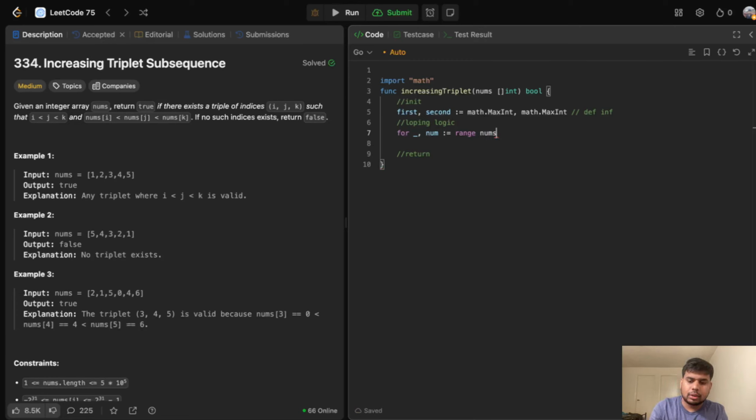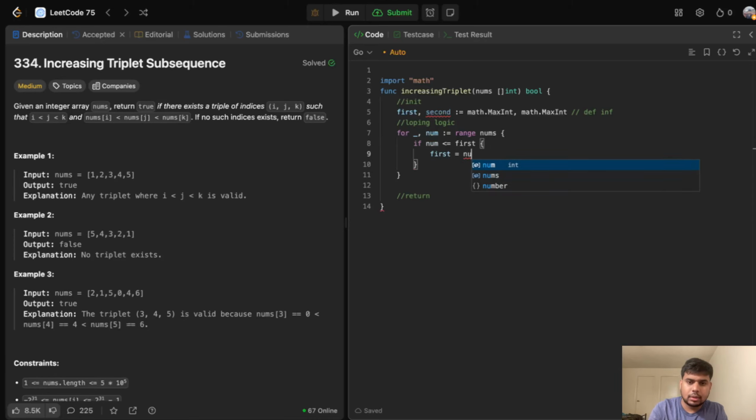So this is also one of the ways in which you can write a loop in Go. I have written loops in different variations on my YouTube channel, so I'm just showing you a new variant today. So yeah, we have done this, and then if num is lesser than or equal to